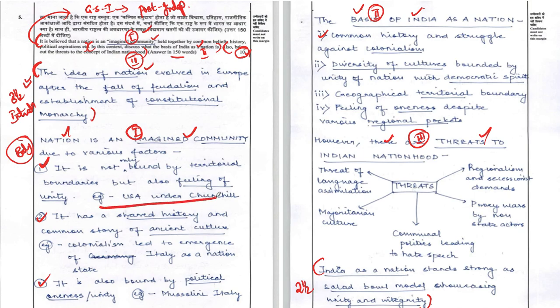Additionally, friends, if you look at the examples which she has brought in, examples from across the world, most of these examples are based on history. Since it is a question which has been asked from the history component, she is trying to bring in historical examples from across the world. So this is also something which we should keep doing whenever we write a subject-specific question. The subject-specific examples should be written in our answers.